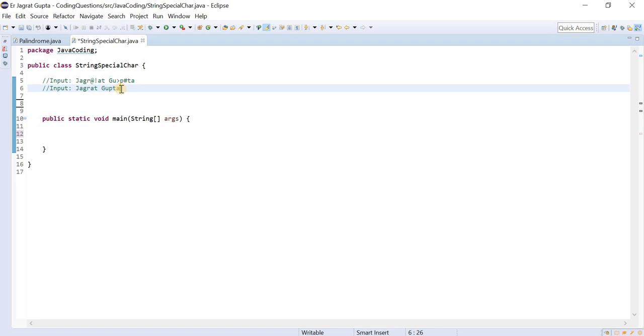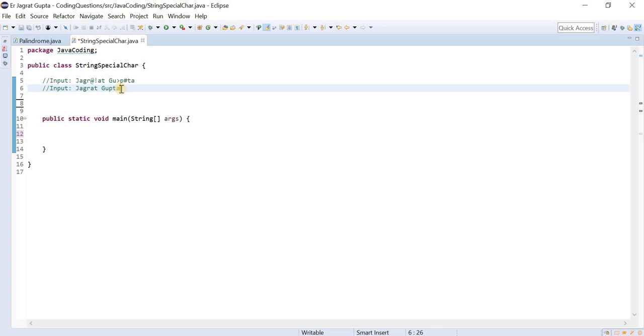Except alphabetic characters, whether uppercase or lowercase, except numeric digits, and except white space. If we skip all these, then the remaining things are special characters. White space cannot be considered a special character. You need to remember this.